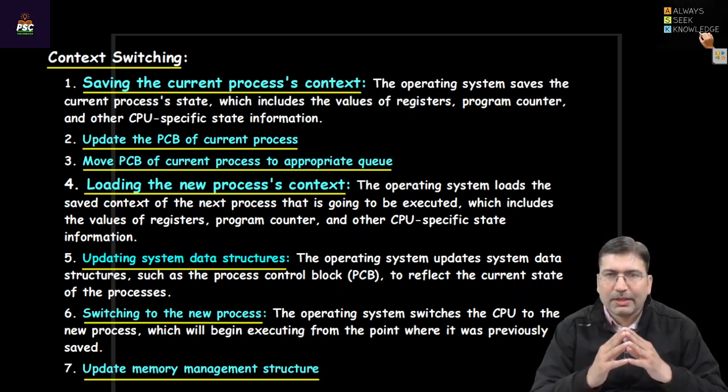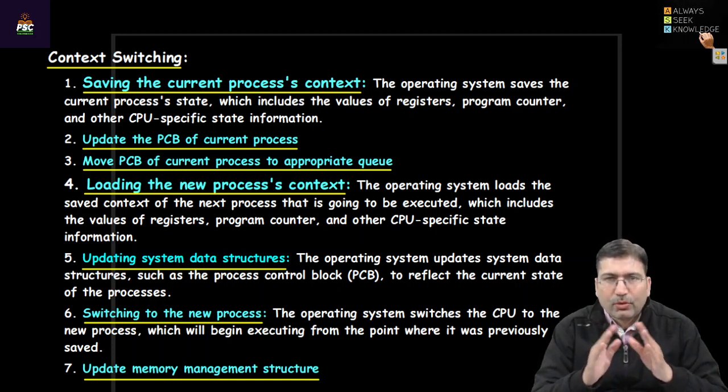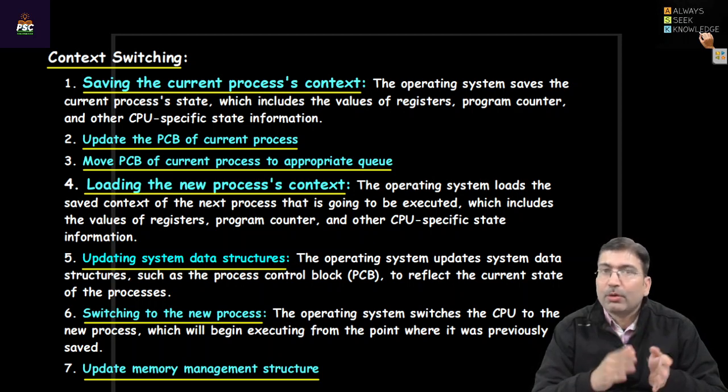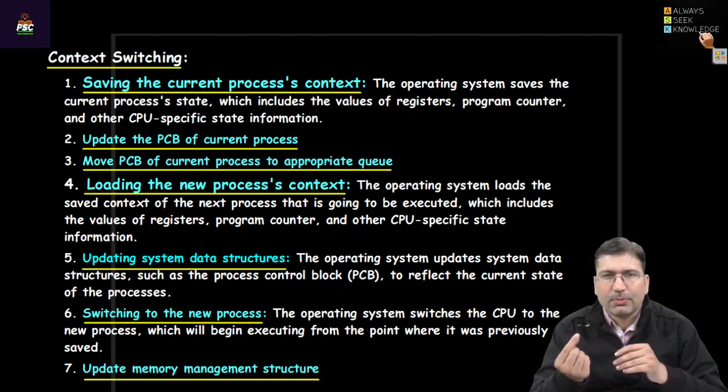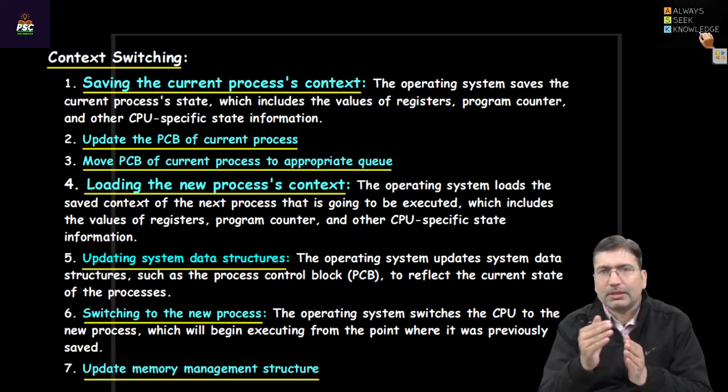Context switching, as the term suggests, happens when a process is executing and there is a single CPU, and your operating system is multi-programmed or multitasking, meaning there are multiple processes initiated in the system but only a single CPU. So, what will happen? If one process is executing and, let's say, an interrupt is generated, or maybe the process is not able to utilize the CPU because it is waiting for IO, then the CPU control needs to be switched from